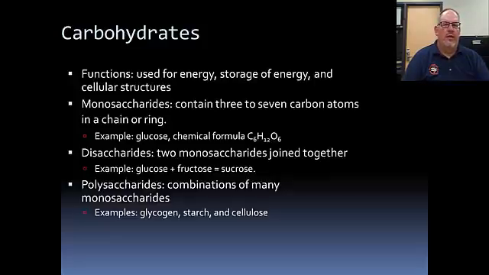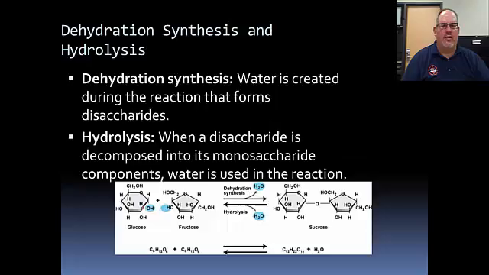Things like starches, which are going to be things that you're going to find from grains like corn and wheat, and then things like cellulose. These are also polysaccharides, so things like you're going to find in grass or like what we eat like spinach or lettuce. All these are going to actually be made with cellulose. One thing to know about when we're looking at sugars is we actually have a type of chemical reaction called a dehydration synthesis reaction.